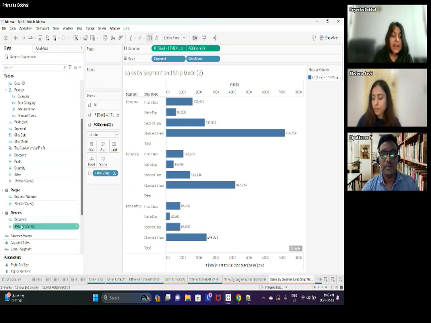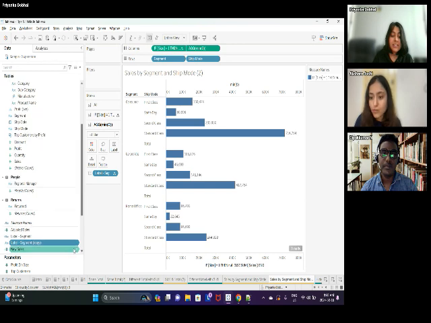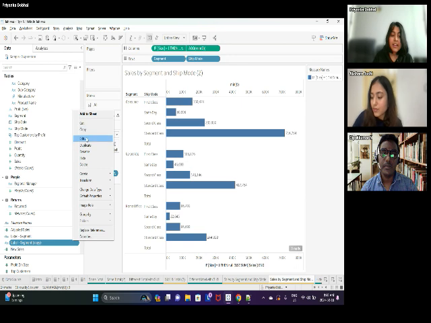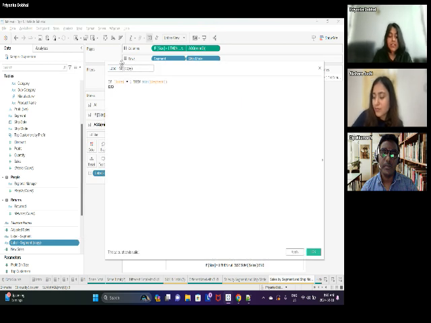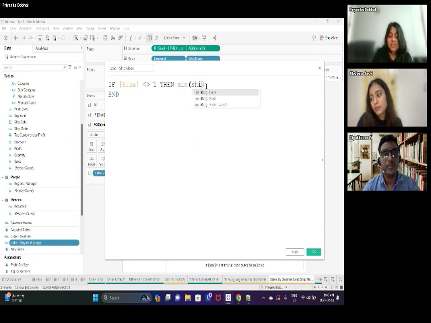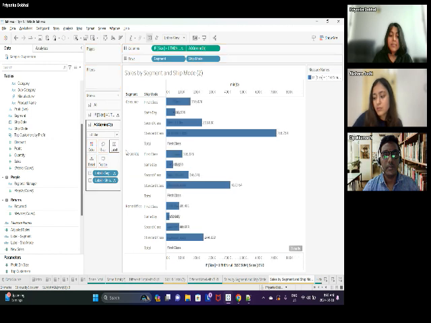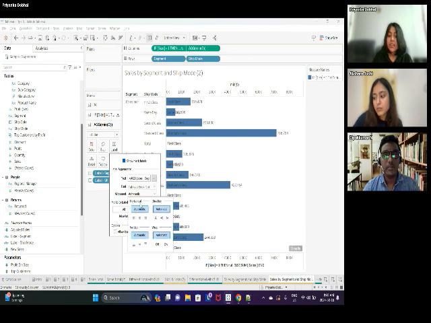And the next thing that I have to do is duplicate this calculation, and the second one I'll change to ship mode. Sorry, did I click? Yeah, and this time I'll change this to not equal to, because basically if it is not equal to 1, that means this is my ship mode. And putting this as well on the label. And here I have to make sure that it's on the left hand side.